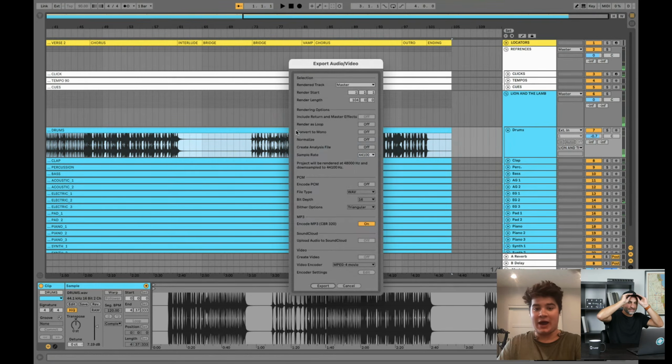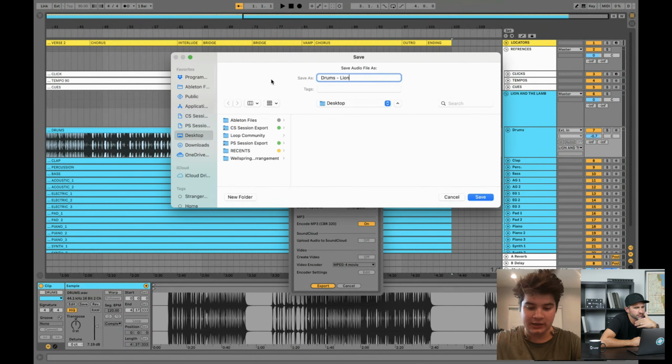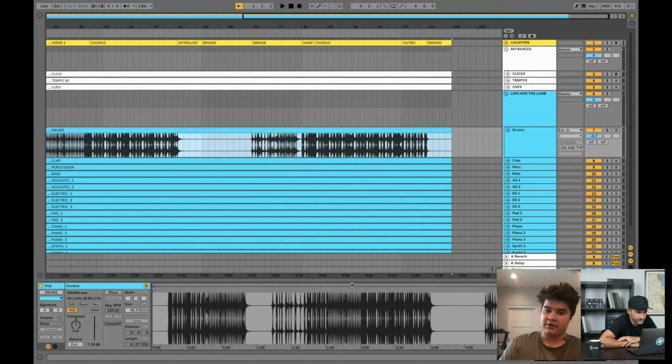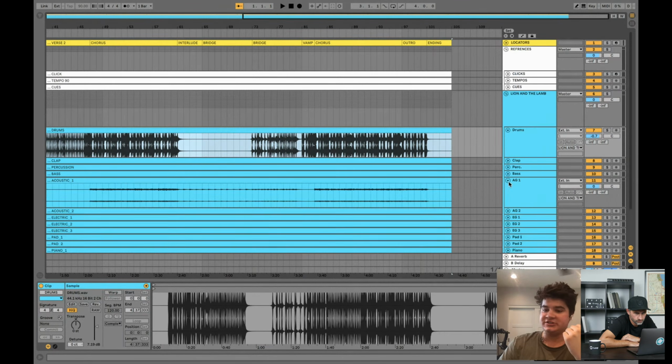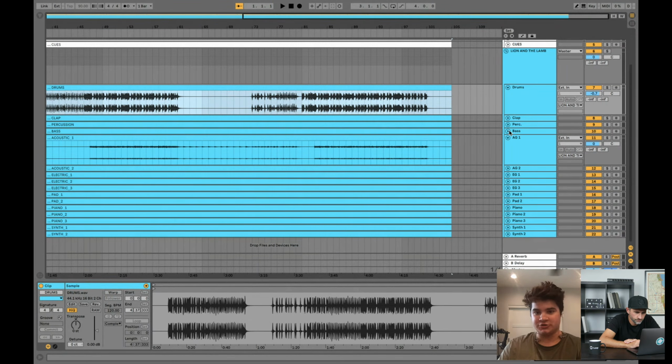So yes, I will always just bounce it. And with Ableton, you can save it as an MP3. You can save it as a wave. It's super easy. I'll bounce it straight to my desktop, and I'll just name it drums, Lion and the Lamb. And then I'll bounce that. It'll save it, and then I throw it right into PCO for all the drummers for the entire team. And I'll do the same thing with bass. I'll do the same thing with acoustic guitar, with electric guitar, with piano. It's just I have the stems. I'm going to use them as best as I can. So that is a huge tool to use.